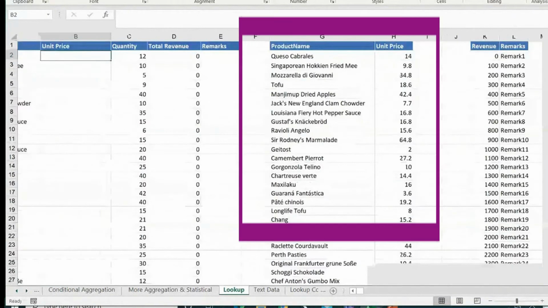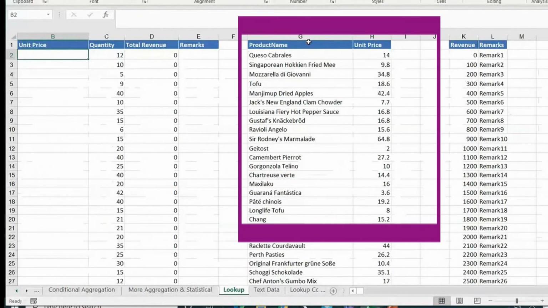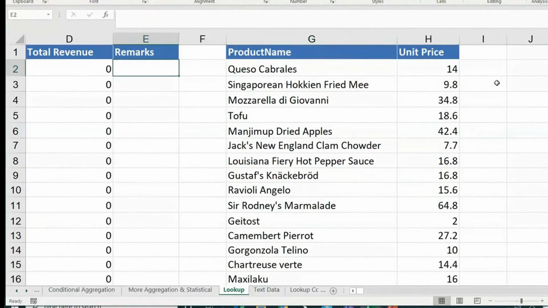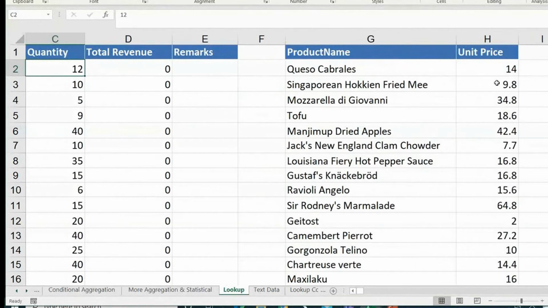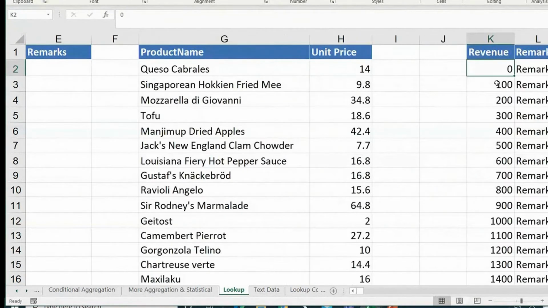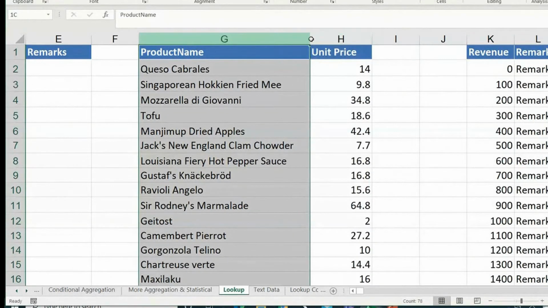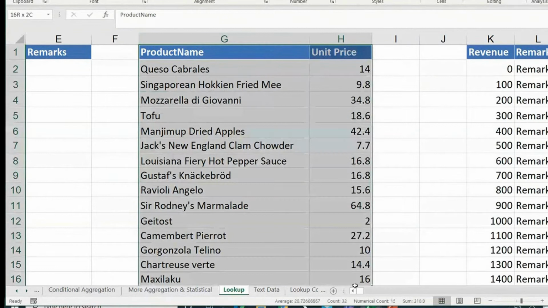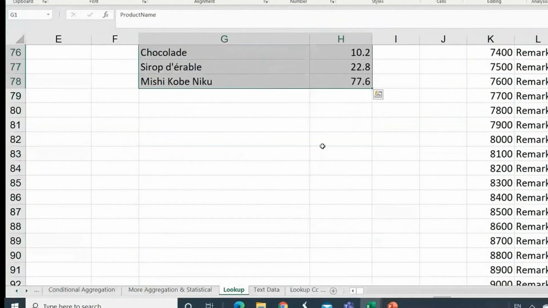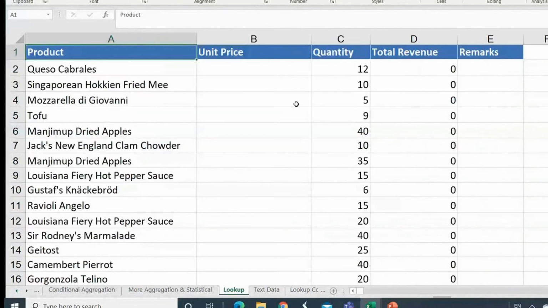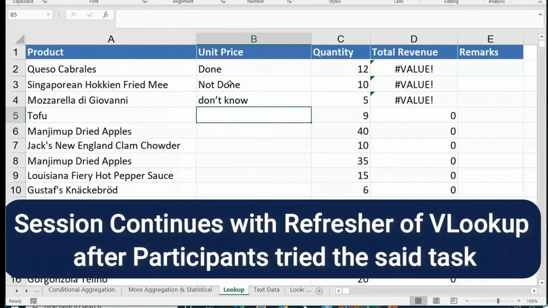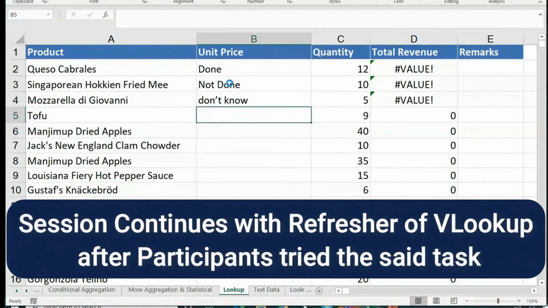I have a product master. This is my product master, product name and their pricing, correct? What you're supposed to do with the knowledge of VLOOKUP, if you have vertical lookup, you have to bring the price from this product, from each of these products. But the challenge is, when you are taking the table, guys who use VLOOKUP, I'm telling them, you should not take the full column like this. You should pick only the range G1 to H78. This would be the range of your VLOOKUP. Look at the way we have to handle this. Just show you the basics.